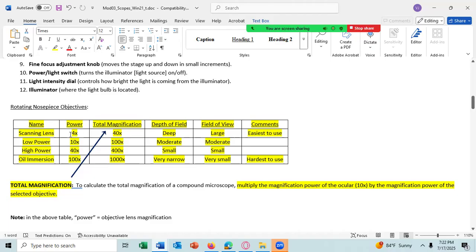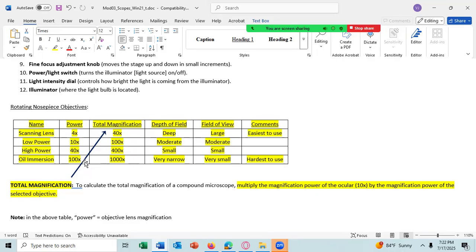And so with the low power lens, you have the iris diaphragm open the highest, and then when you go up in power, you start shutting down the iris diaphragm to get optimal illumination and optimal contrast, which is called Köhler illumination. And when you go to the 40x, you shut that iris diaphragm even further. And with the 100x, you must shut the iris diaphragm down quite a bit further, close to a pinprick, or at least a very small amount.